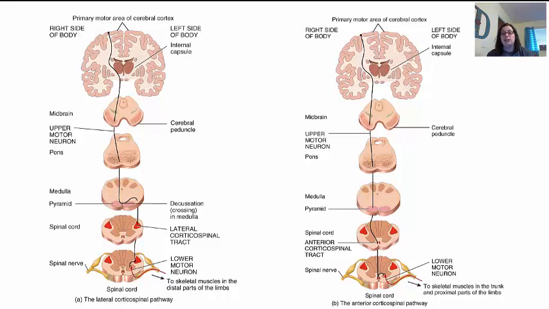Okay, so again, just like with the sensation, the left side of my brain is going to sense the information from the right side of my body. It's also going to send the information to the right side of my body to cause it to move. So there's still a crossing over that takes place here. If you'll also notice, it bypasses the thalamus. The thalamus is the structure here that you can see in both pictures, and it bypasses that. The thalamus is only important in helping with the sensory side of the information.